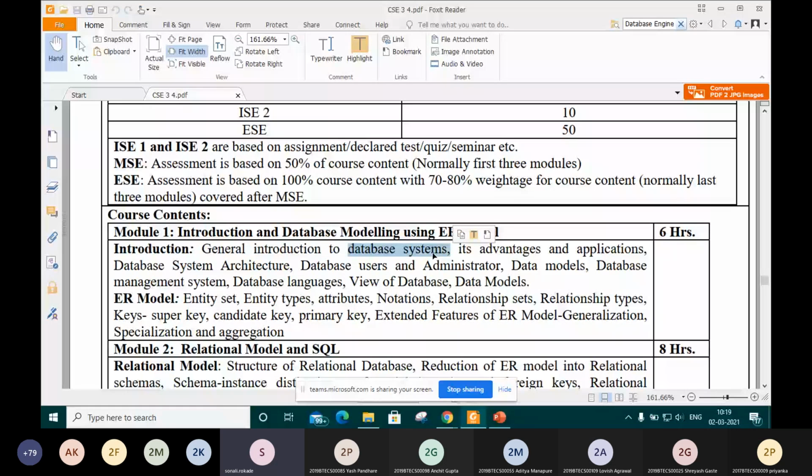Then how the database system works and how it is composed in architecture. Then database users and administrator, data models, database management system, what the database languages are, how we can view our database, and then database models.